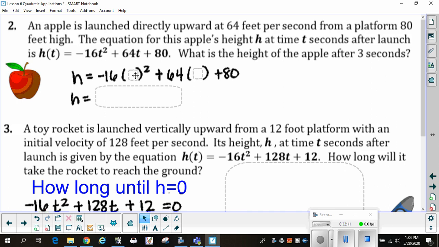Well, t represents seconds, so I just plug the 3 in and I get my height. This one is nothing more than a plug and chug. You just have to know what t stands for. Number 3,